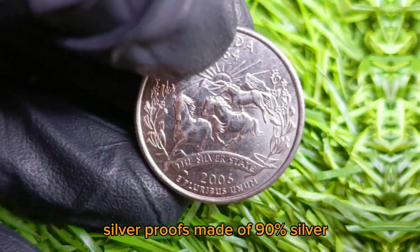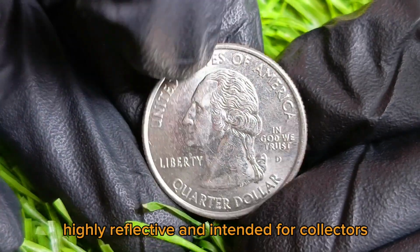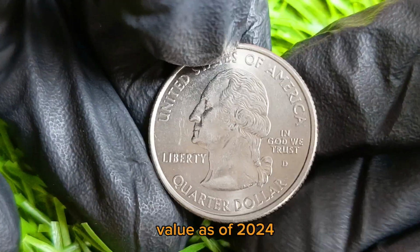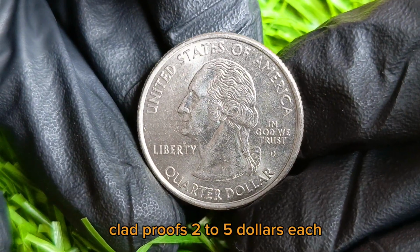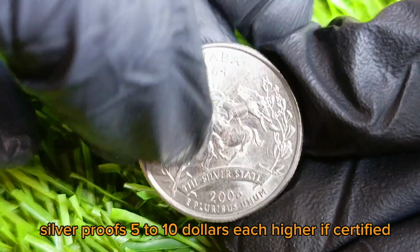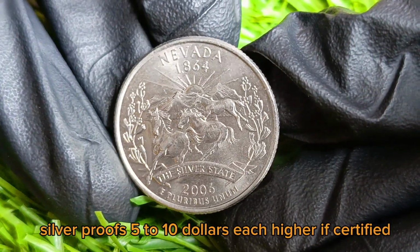Silver proofs, made of 90% silver, highly reflective and intended for collectors. Value, as of 2024. Clad proofs, $2 to $5 each. Silver proofs, $5 to $10 each, higher if certified